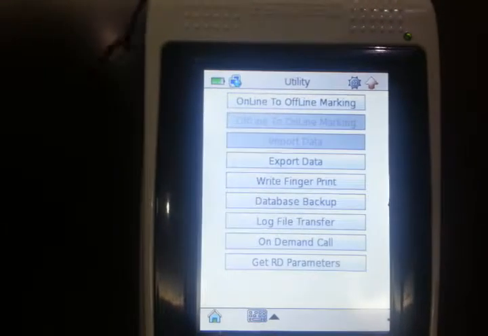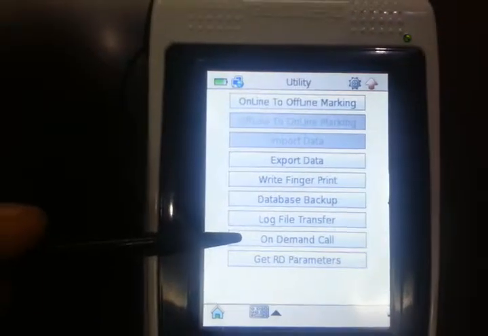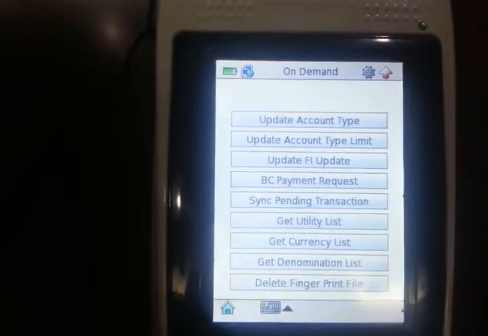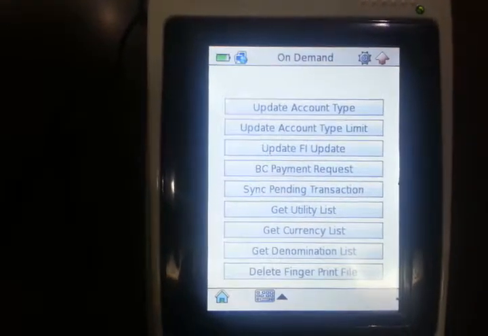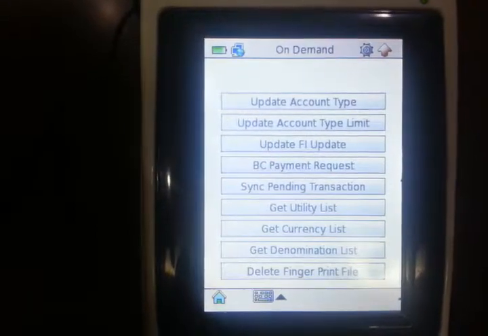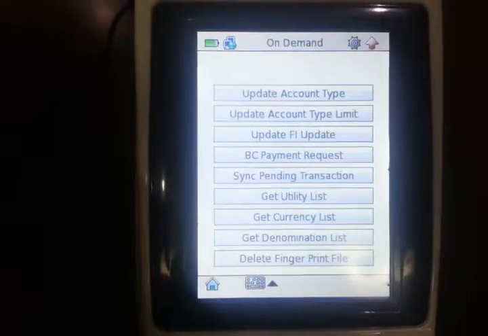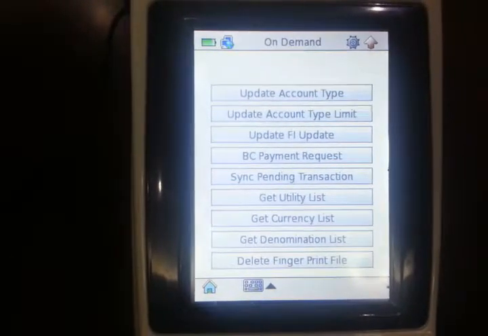It has a special button named on demand call, which is used for syncing the device with the middleware for changes done at the middleware. Let's get back to the main screen again.